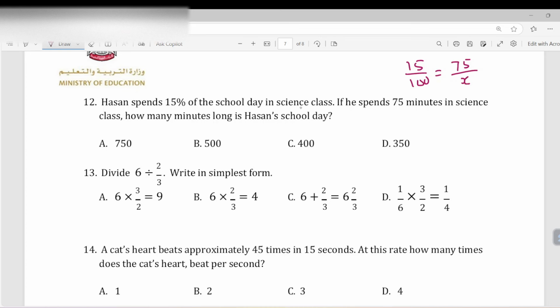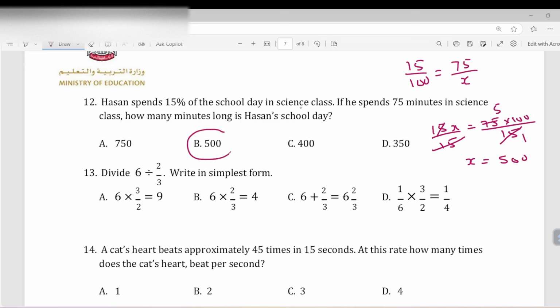Now cross multiply. 15x is equal to 75 into 100, dividing by 15. X is equal to, you see, 15 ones are 15, 15 fives are 75. 5 into 100 is